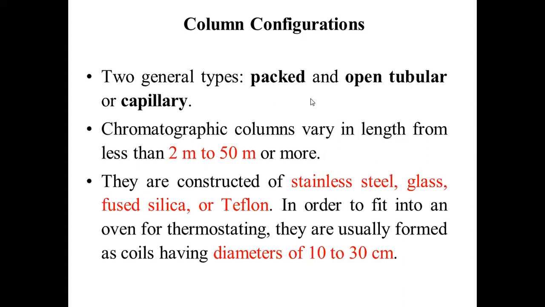Even the nature of the packing material present inside these columns will also be different. You should keep in mind that the dimensions will be different, and the nature and type of the packing material present inside the chromatographic column, how it is going to be packed, how the stationary phase has been packed in the chromatographic column, are also variable factors. Normally, any chromatographic column for GC will have a length of at least 2 meters to 50 meters, or even, nowadays, extended up to 400 meters.